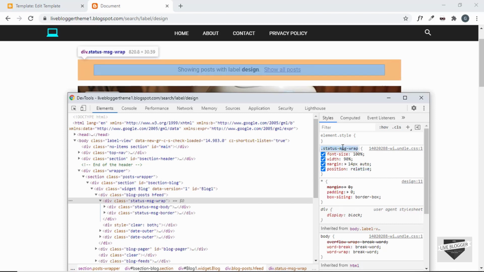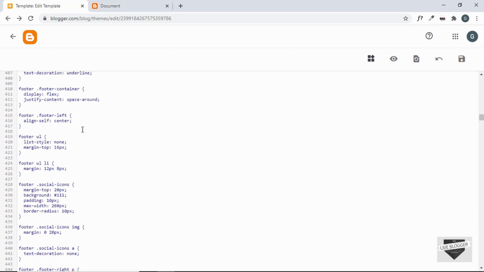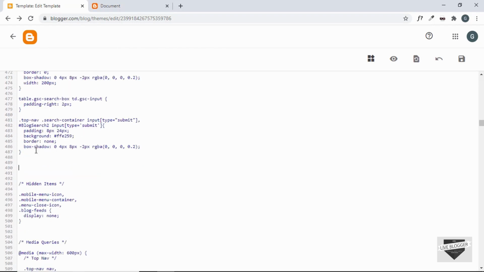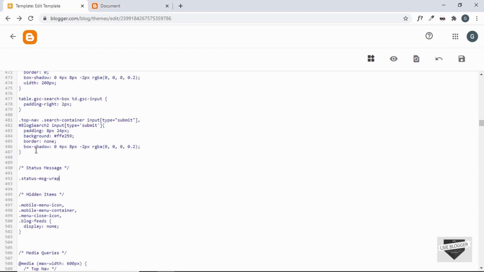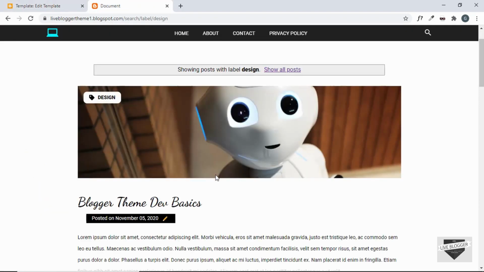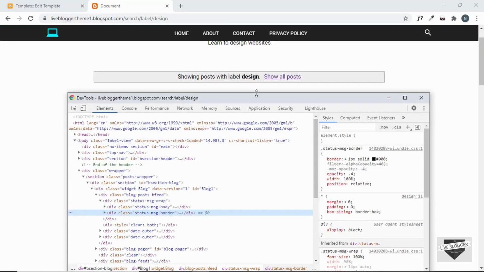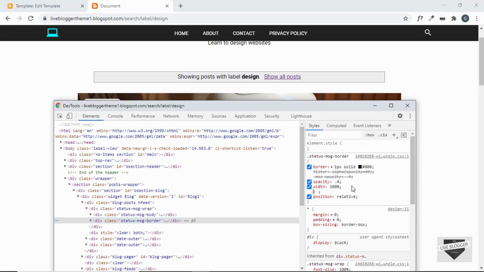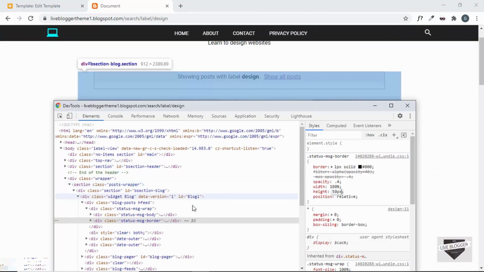So I'll just copy this selector and we'll paste it just after the footer. Alright, so here let me just add a comment, status message, and we'll just copy the selector, and we had set the margin to 14 pixels and auto and font size to 100%. Now let's go back to the design, and for the message border, let's set a height, and we'll set the height to 50 pixels,